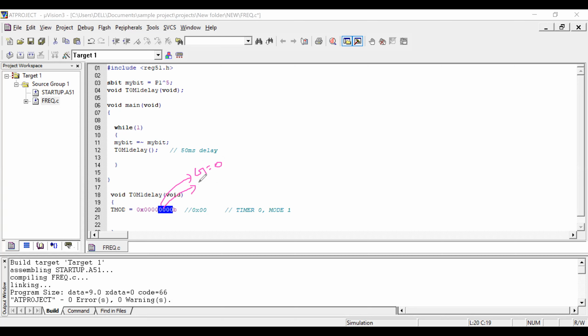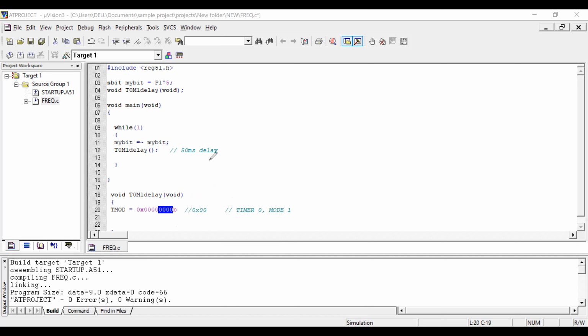This we should give 0 because we are going to take the timer or counter as timer, that is for generating delay. And these 2 bits, for mode 1, it should be 0, 1.